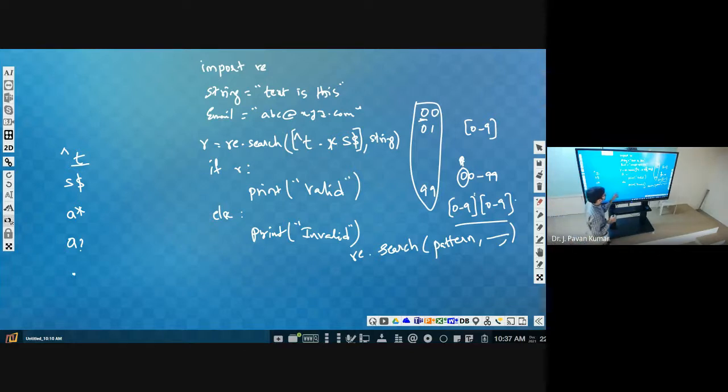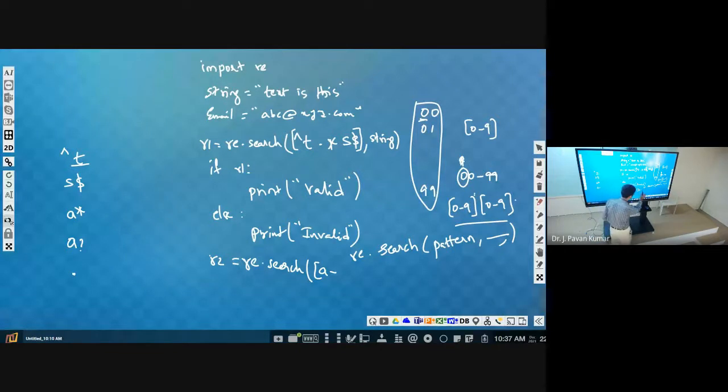Next, suppose this is R1, and consider R2 equal to re.search of the pattern. Now you tell, for an email ID, what is the format? Dot star.